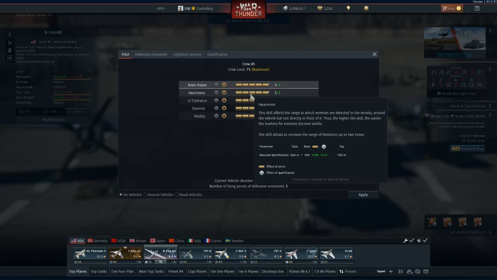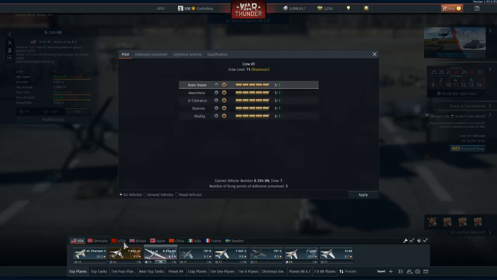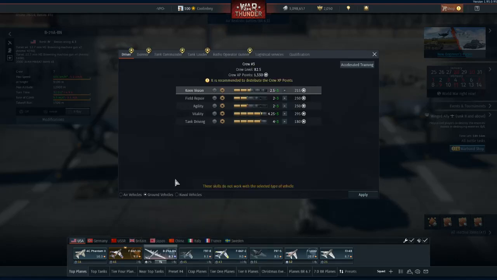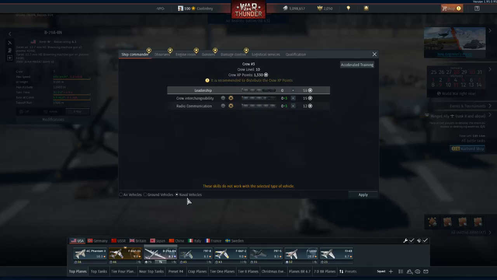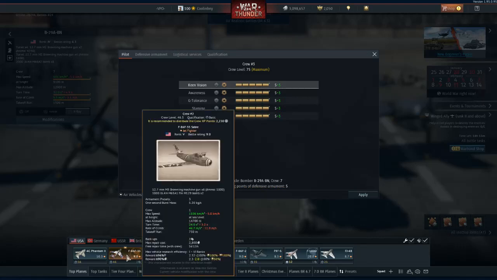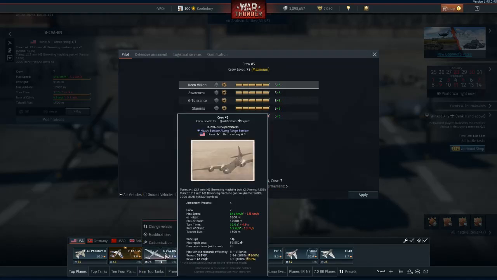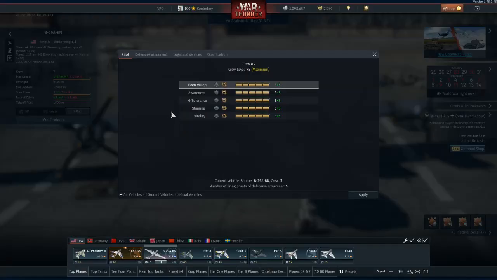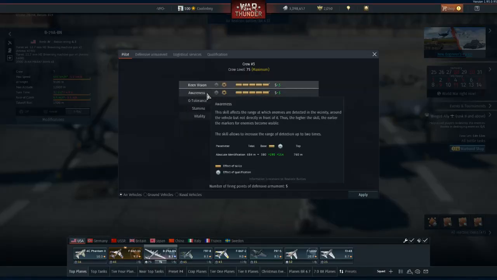And another very important thing to note is that you can earn a ton of points with, let's say, your B-29, and then you could put those points into your other vehicles as you see fit, so ground and naval vehicles. So the crew on my third slot here is applicable to every single vehicle on that slot. So it's very important to note